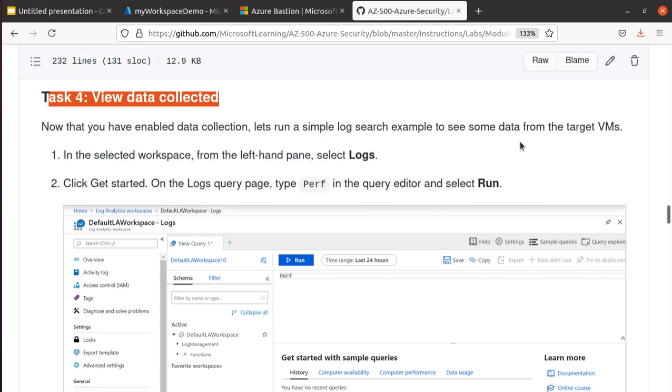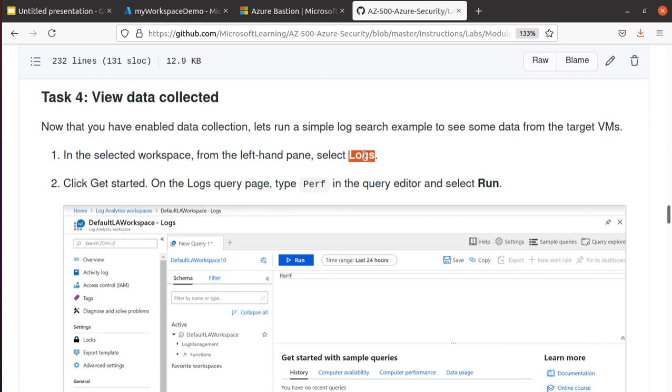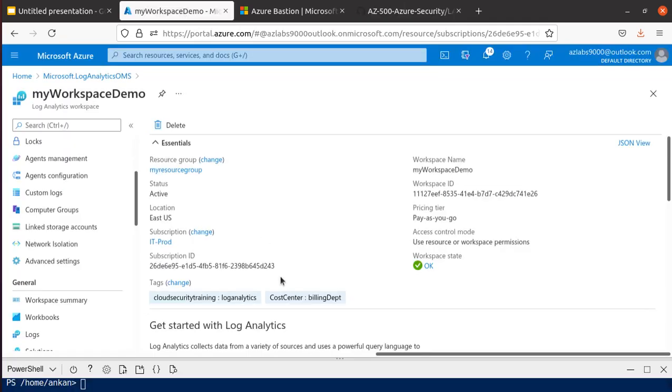So in here, now you have enabled the data collection. Let's run a simple log search example to see some data from the target VM. So what we need to do, we need to go to the logs, and then on the logs query page we just do perf, and that should give us the performance, you would think, right? So come over here,